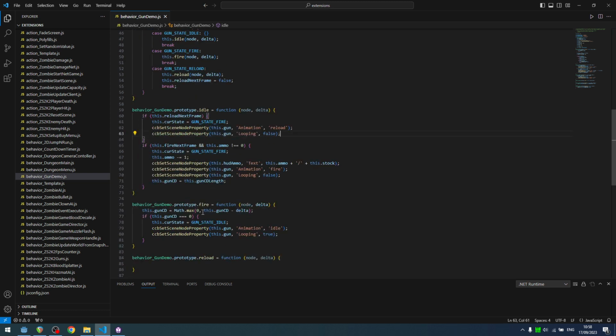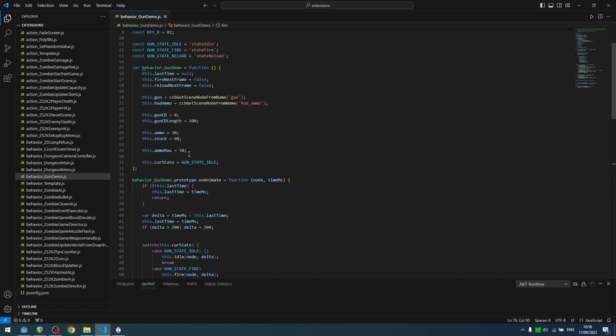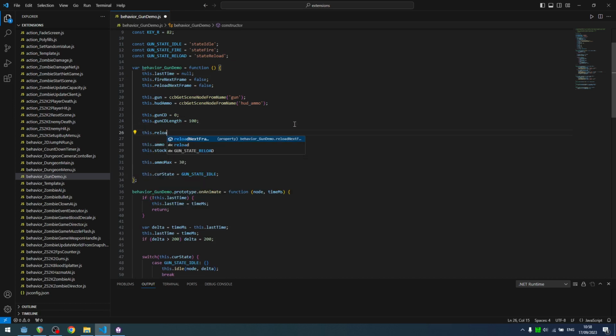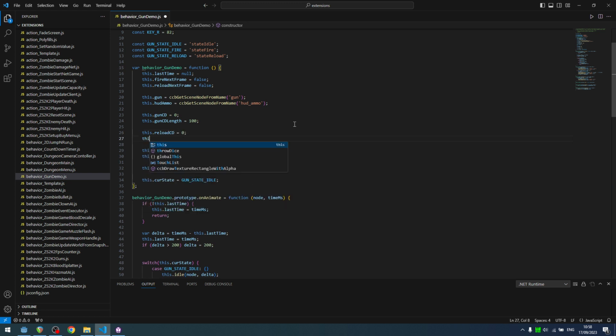As with fire, we will also have some cooldown. This reload state will take some time to complete, and then it should return back to the idle state. For that, we are going to be using the same approach as with the gun cooldown, but we will call it something like reload cooldown. I don't know, let it be cooldown for consistency, and also reload cooldown length. So how to